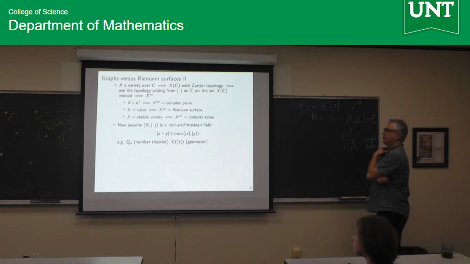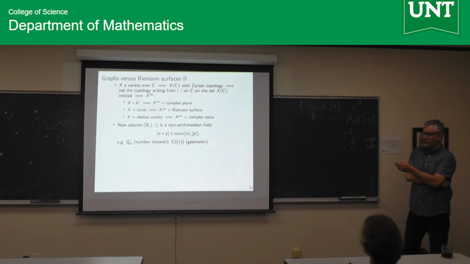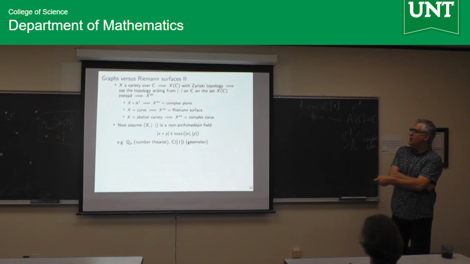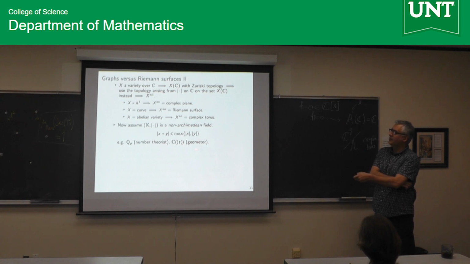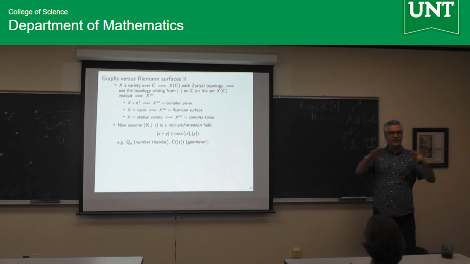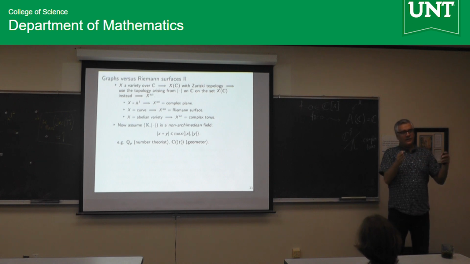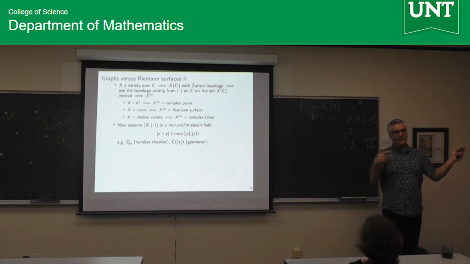different fields. So why do I care about non-complex numbers? First of all, if you're a number theorist, you might have heard of p-adic numbers, and this is important for my application. If you're a geometer, and in fact, already Newton was thinking about these kinds of fields, like Laurent series in one variable. These are things that have infinite power series, but the infinite is only on one side. So there is an index at which the power of t cannot go below.